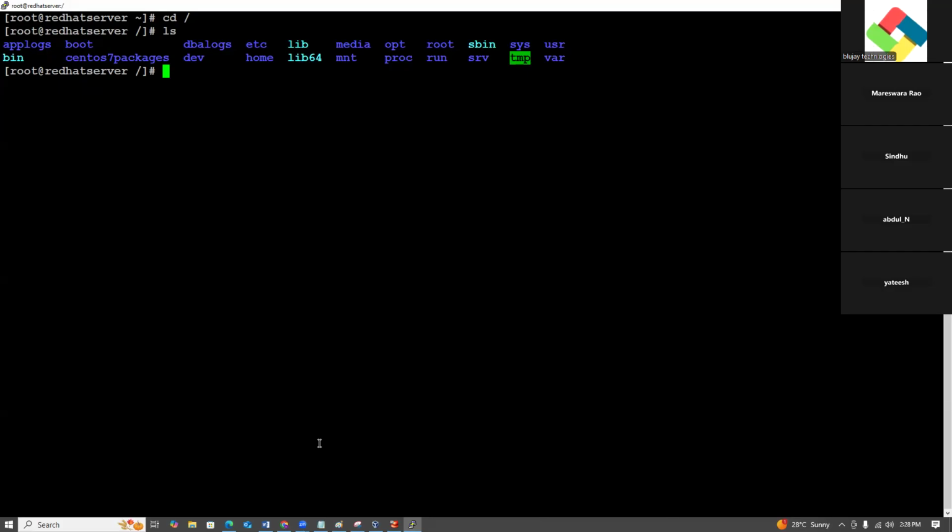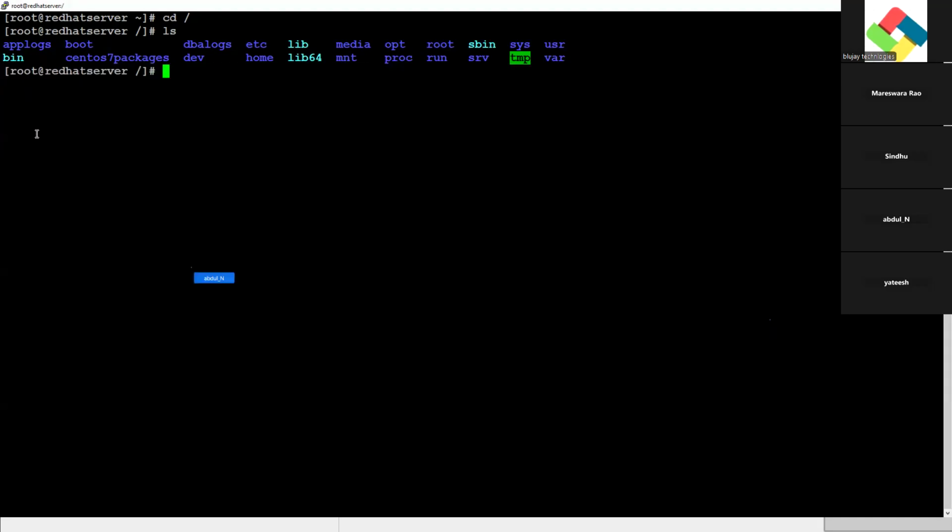This is the directory structure we are following. Guys, got it? Yes, sir. Right. I logged in as which user? Root user. Root user is a super user. Root user can do anything.